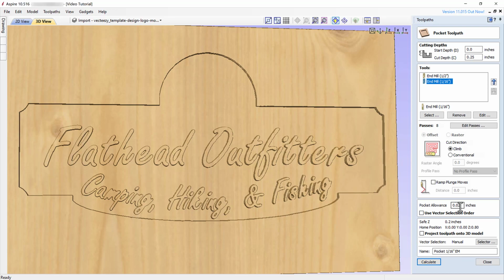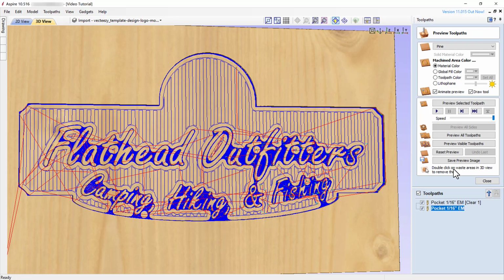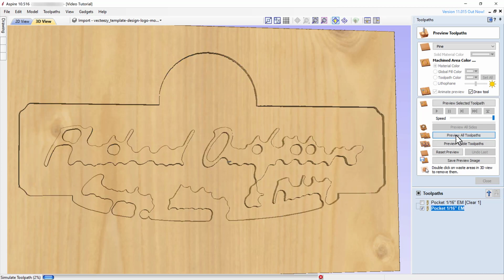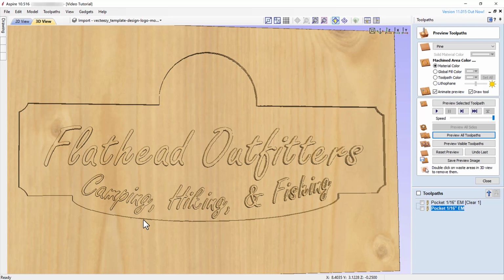Let's get rid of the offset and see if that looks any better after recalculating the toolpaths. As the result looks good, we have created a successful toolpath.